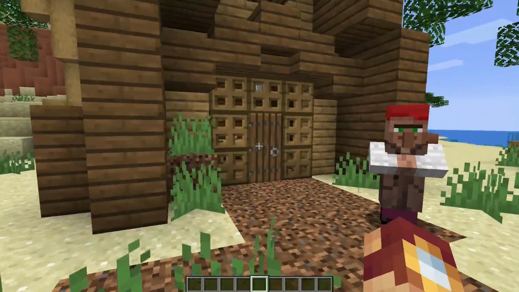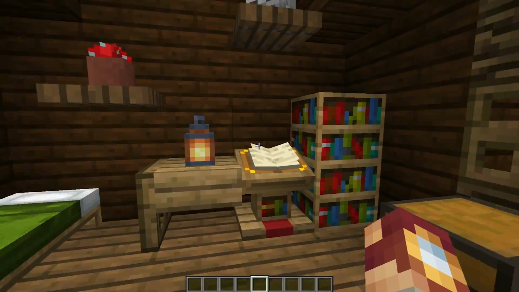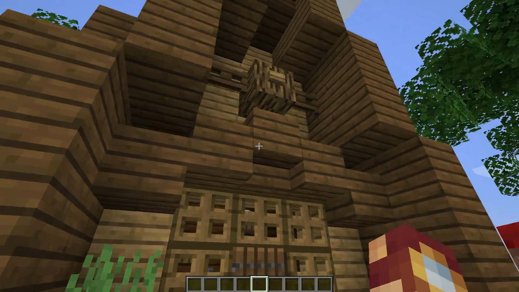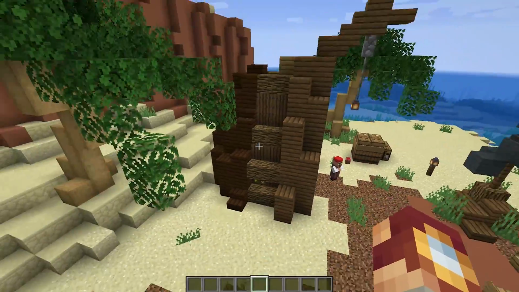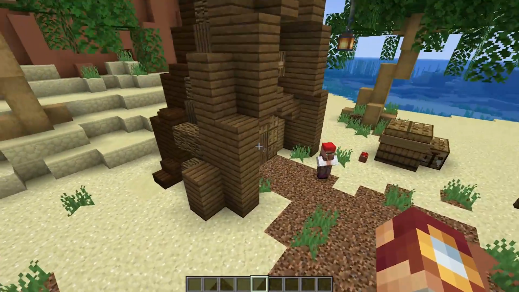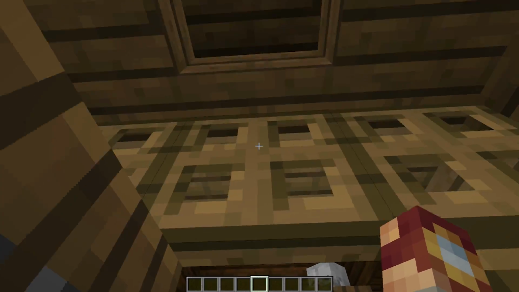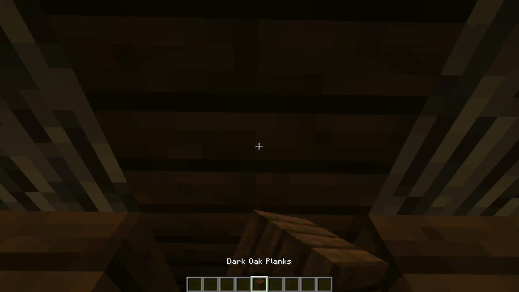Another good example here of the profession system. This would be a librarian's house. They would all have their own specific interiors, but you can see that they definitely do fit them. As much as they look like they would be really packed and messy, they're actually pretty clean, and I really, really like this. So, oh, this guy has a little bit of a hole in his ceiling,